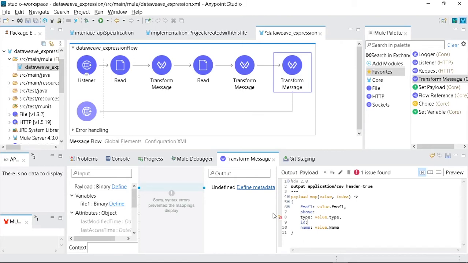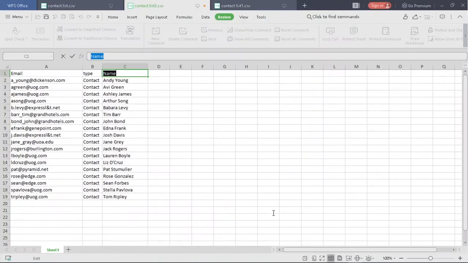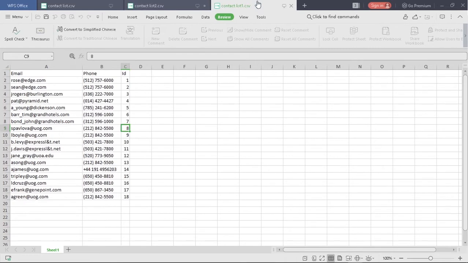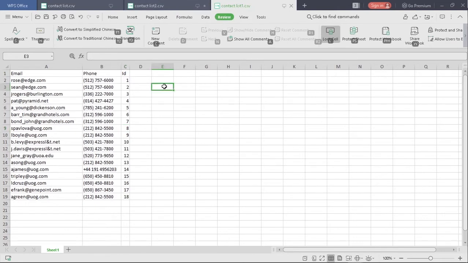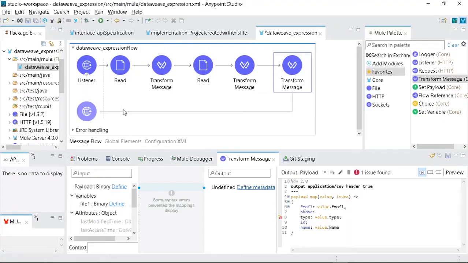Okay, so now we will have to select phone and id from here, from contact list 1. So phone and id we will have to select from here. For that we can take the variable file1, because we know contact list 1 content is inside the file1 variable.